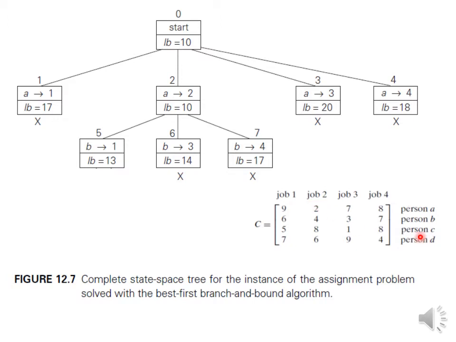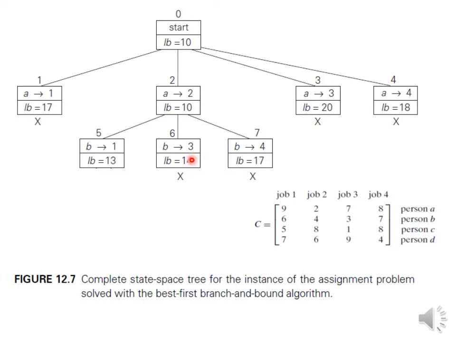Then C is assigned with column 3 or column 4, the minimum value, that is 8 and 1. So the minimum is 1 here. And for D, you need to exclude job 1 and 2 because they are already assigned to A as well as B. So the minimum in the 4th row, it is 9 and 4, the minimum is 4. So 2 plus 6 plus 1 plus 4, that is 13. That is what we got here, the lower bound.